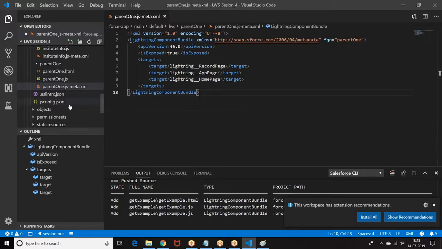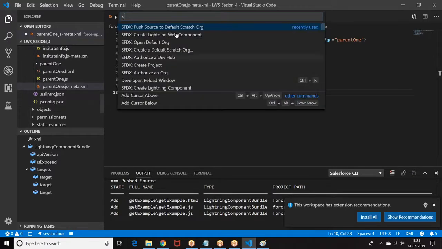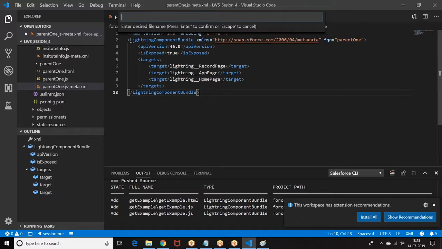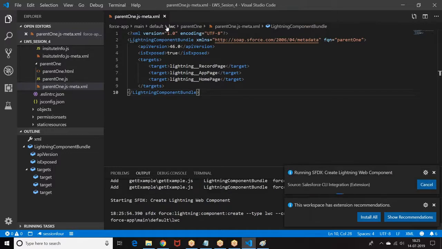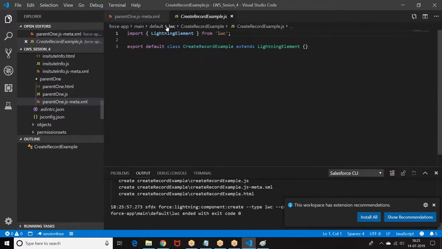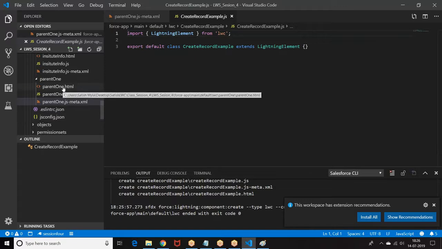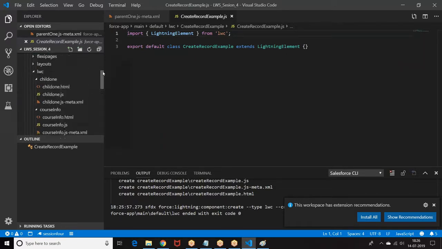Let me create a Lightning Web Component called create record example. Go back to the story and look at create record.